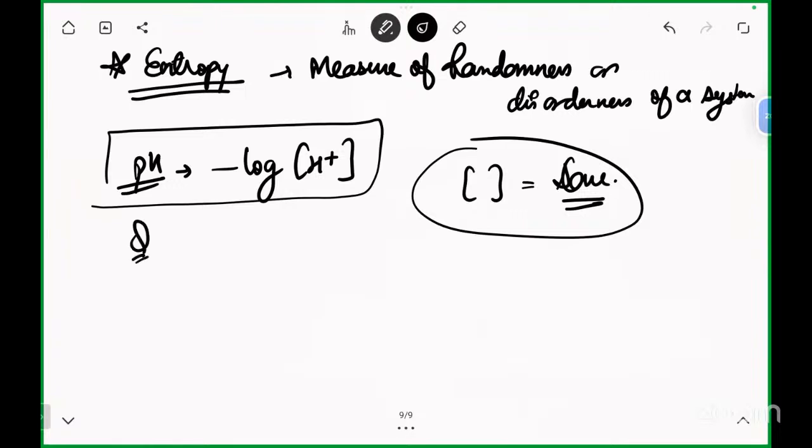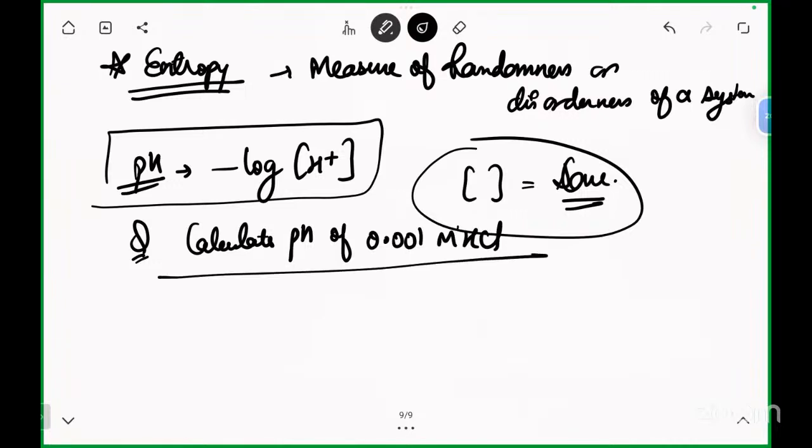A basic question we can do: calculate the pH of 0.001 M HCl. M means molar concentration, that represents the bracket. So pH is equal to negative log base 10 of H positive. This is base 10 log. H positive, this was the formula. So minus log base 10,